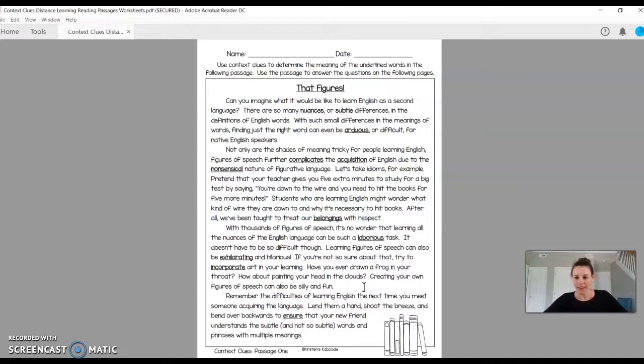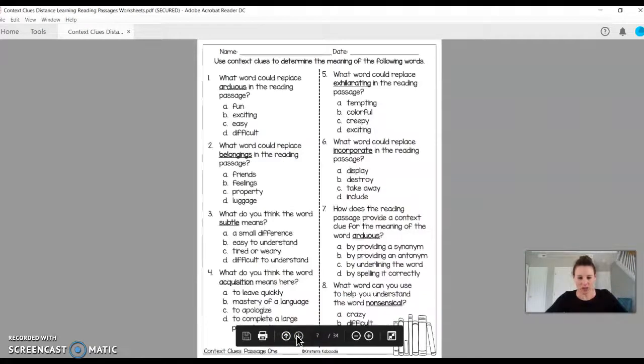Whew, there were a lot of new words in there. So what you're going to be doing today is you're going to be filling out a Google form. And you're going to use this article to answer the questions on the Google form. So yours doesn't look like this. Yours looks like a Google form, but I'm just going to slide down to the questions real quickly. I retyped these questions for you, but just looking at number 1, we have to use the context clues to determine